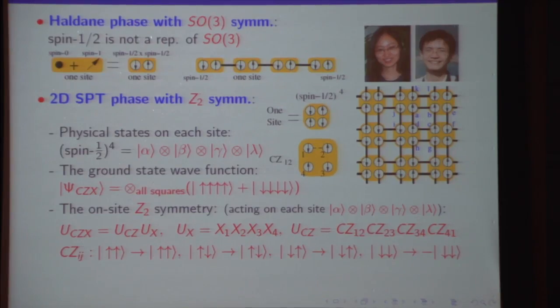Yeah, I have not stopped on this one. If you only use CZ, whether it's something or not, I don't know. Yeah, and I just know this works. And then you can check this particular wave function indeed is symmetric. So that's this box. This black square really means these states, and this wave function is a